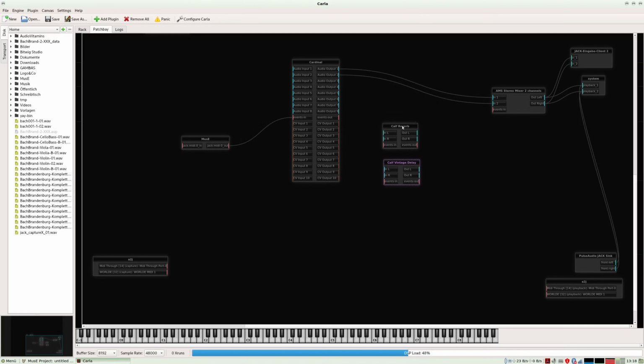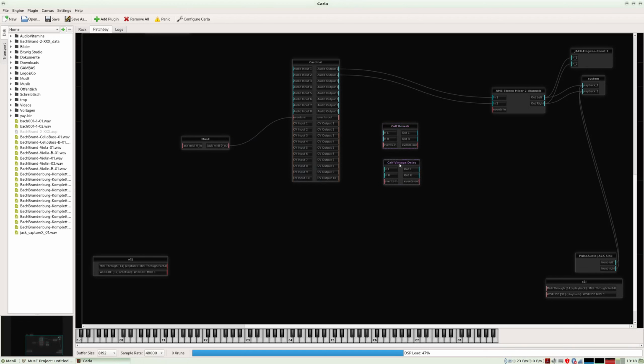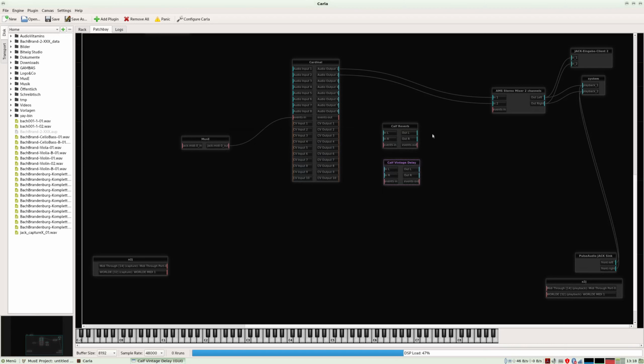So now double click on the reverb, set the dry thing here to no dry to the output, because the dry was transported by these cables here. I don't need dry inside the reverb. And the same I do for the delay here, this dry also to minus infinite, no dry output at all.